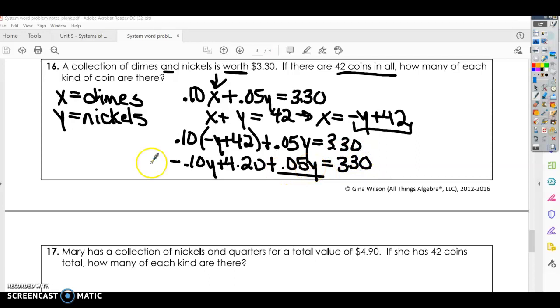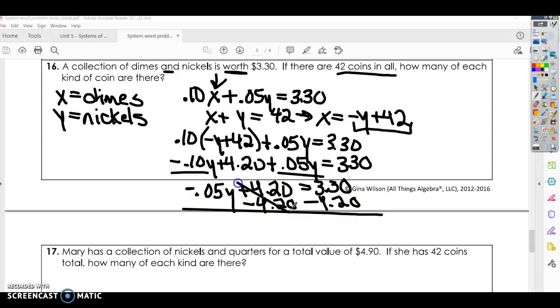Alright, so I've got 5 cents minus 10 cents. If I combine those, that's going to give me negative 0.05Y. And the negative's bigger, so keep the negative. And then I'm going to bring down my 4.20 and $3.30. So subtract 4.20, subtract 4.20. I'm going to have negative 0.05Y is equal to, and 3.30 minus 4.20 is going to be negative